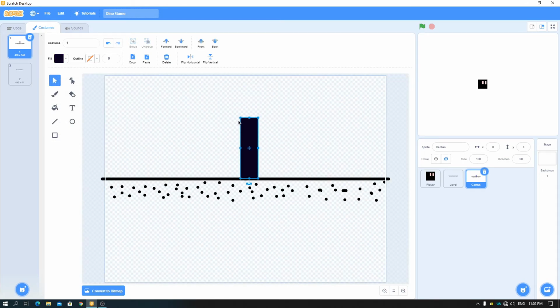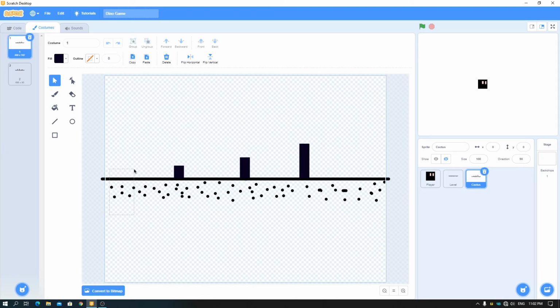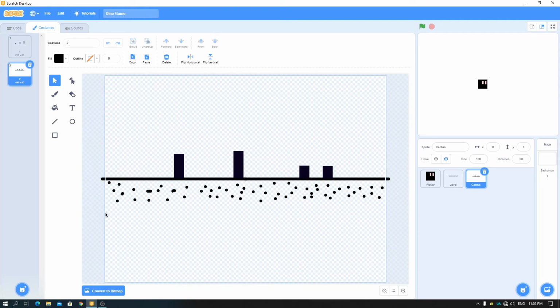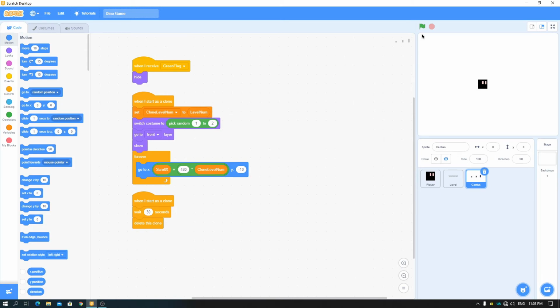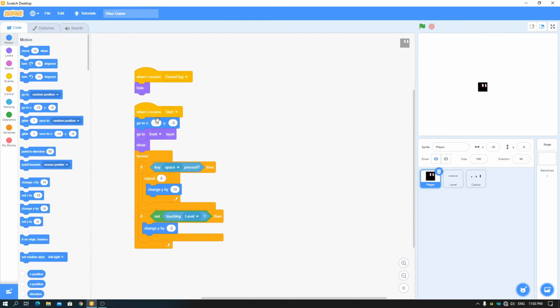So I'm making just boxes for that. If you have the cactus, you can import that. Now I have these two. Just delete these dots and the land. Just leave the cactus there. You have these extracted. This would be the same thing. So here you can see the cactus has created. Just go to the player and set x to 0 and y would be say 20.